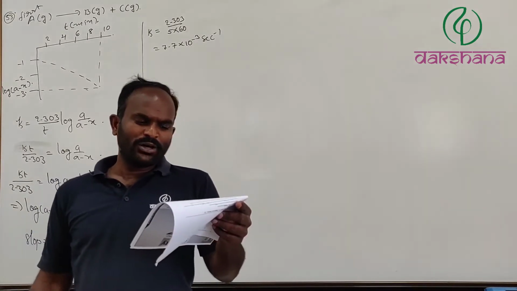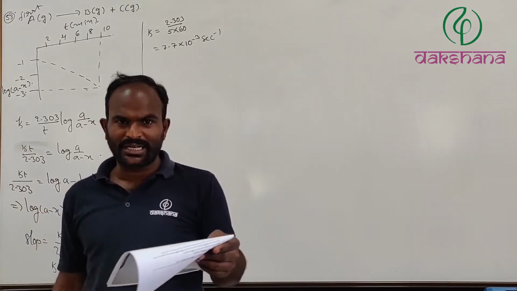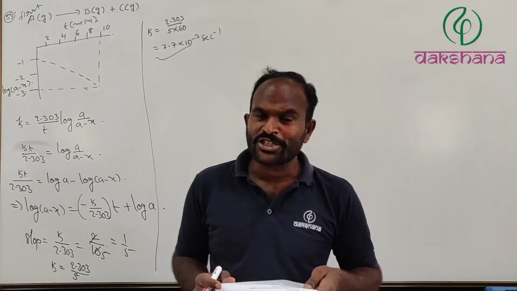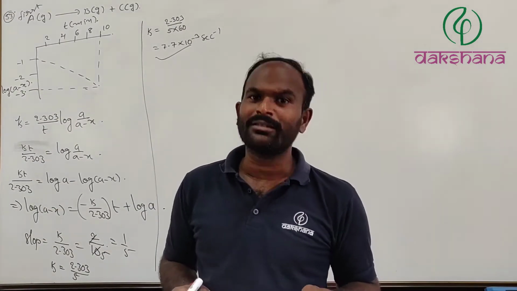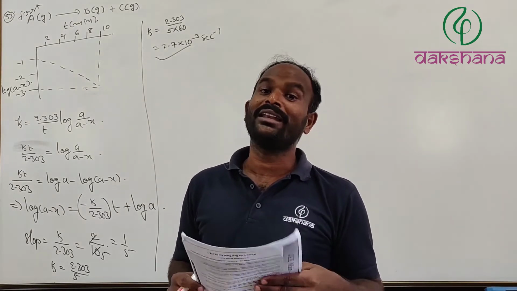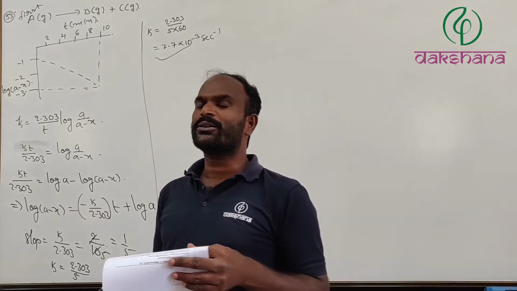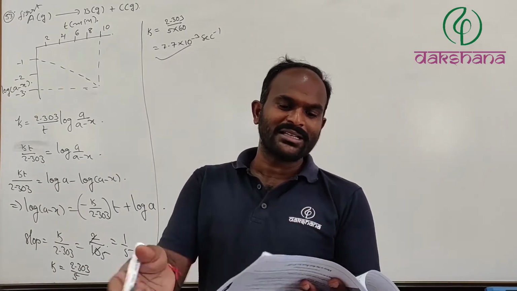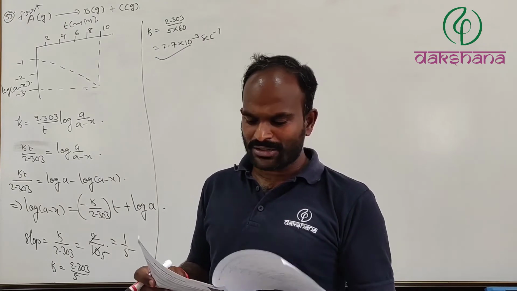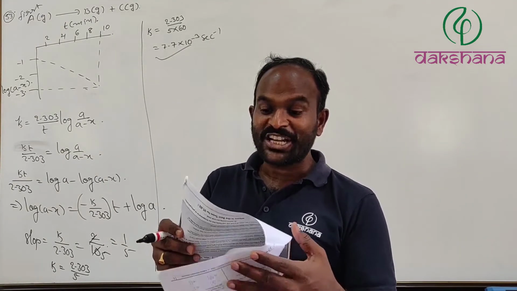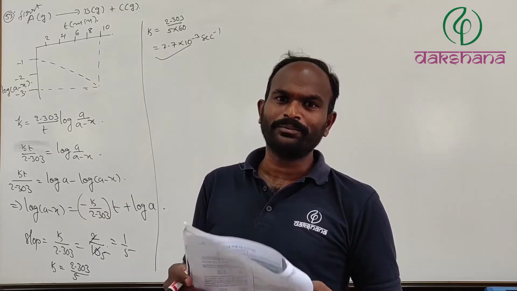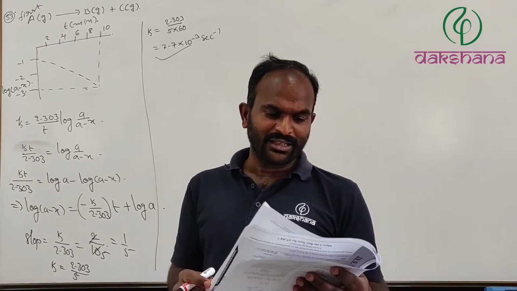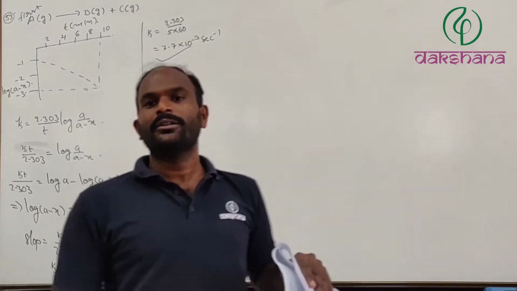Actually, the best part of this problem is that it is a buy one get one type. The rate constant at time t equal to 10 minutes is also asked. That is also the same, because the rate constant does not change unless you change the temperature or use a catalyst. So the rate constant depends upon only two factors, temperature and catalyst. Here no catalyst is used and the temperature was not changed, so obviously it is not going to change. The same rate constant we will have here.